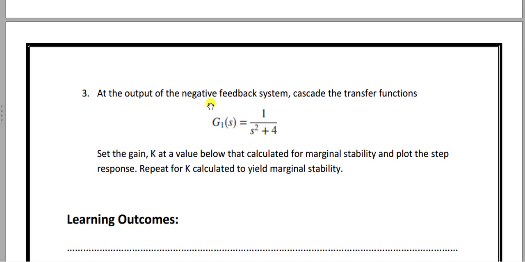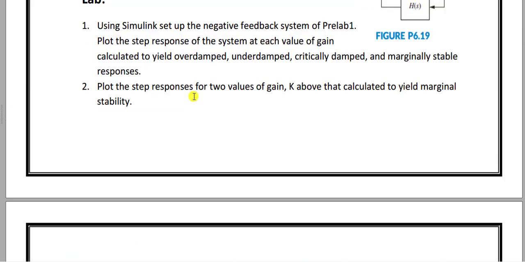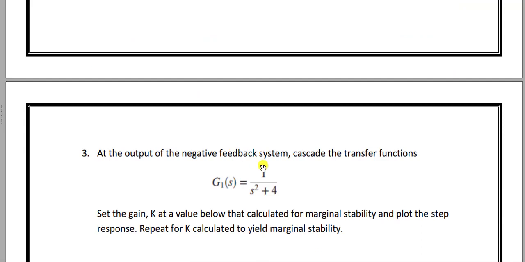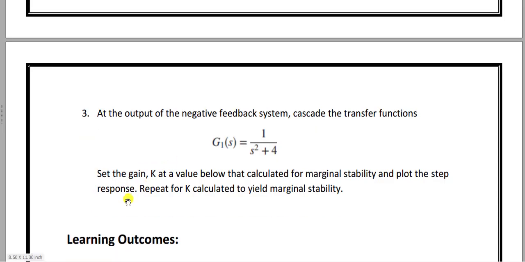Task 3: at the output of the negative feedback system, cascade the transfer function. The negative feedback system that you had already set in task number 1, you have to cascade this transfer function at the output of that negative feedback system. Now you need to set the gain K at a value below that calculated for marginal stability.